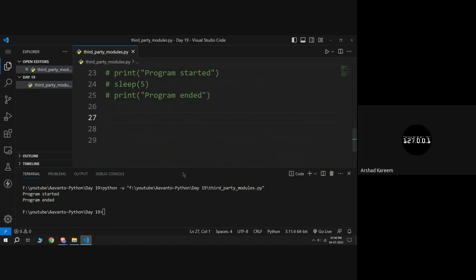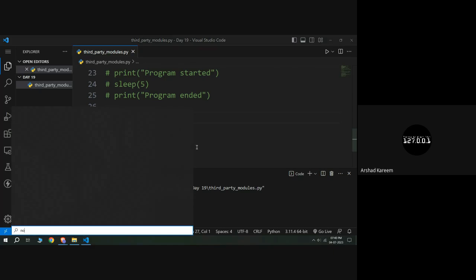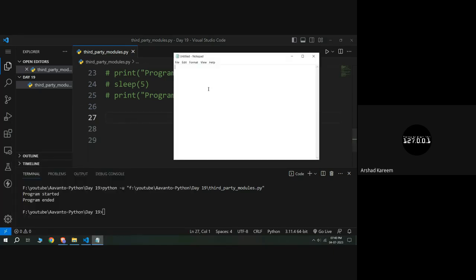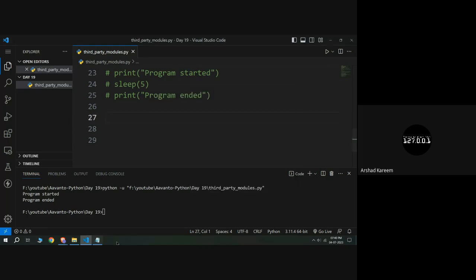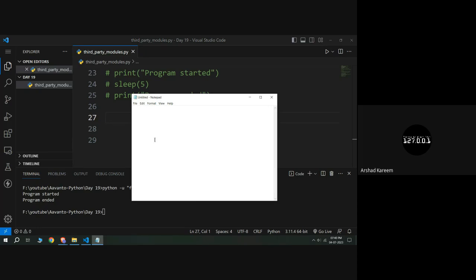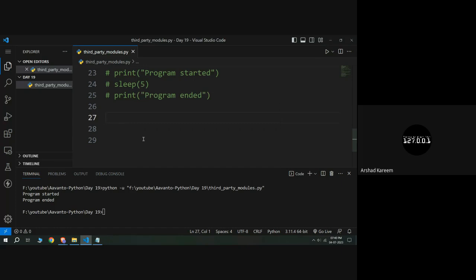Now here in PyAutoGUI, we have a built-in function called write. So I'm going to open Notepad here. Inside my Notepad, I am going to type something. I am not going to type manually, but I am going to make my Python program type for me. Suppose this is a silly requirement, but believe me, in future while working on some big automation projects, you may definitely use this function. So there is a function called write. It will write something